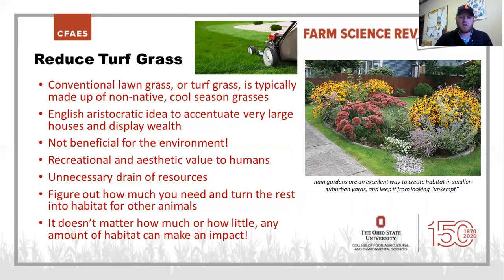Prior to colonization of the Americas, it was common for the very, very wealthy to have these yards to accentuate their large mansions and display their wealth. So they're like, hey, I can hire the landscapers and the guys to help maintain this and mow it and keep it neat and keep it tidy. So lawns were really a display of wealth in early England. And then those ideas translated, obviously, from when the English settled America and came over here. Some of those ideas persisted,